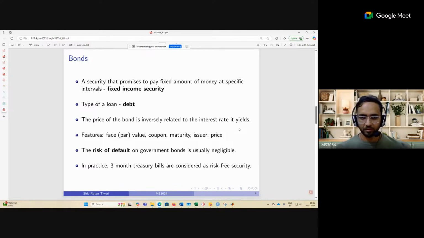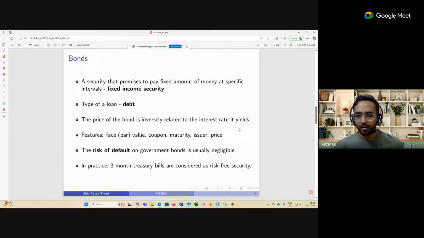One major player in the bond market is the governments. In order to raise money, governments issue bonds, and we call them government bonds. Another type of issuer is the corporates, the various large corporations, like for example Reliance Industries. So there are corporate bonds also, and how much interest they are paying determines their prices as